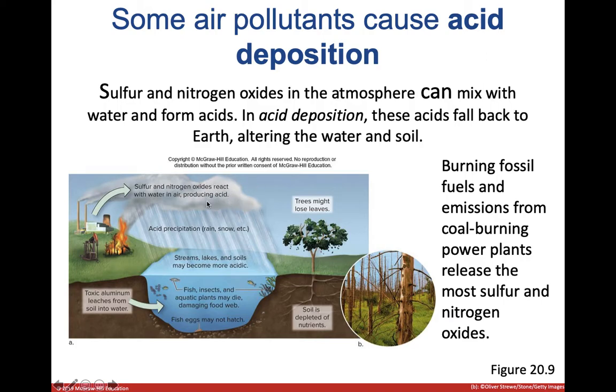Well, that acid is going to come down in the form of rain or snow or something like that. It's going to get on trees, it's going to get on the grass, it's going to get in the soil, it's going to get on fish and things like that. And unfortunately, that acid is going to permanently damage those particular ecosystems as well. It can cause trees to drop their leaves, or it can kill fish and things like that. So acid rain is a really big deal.